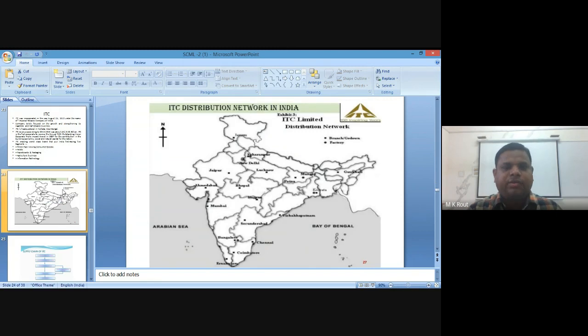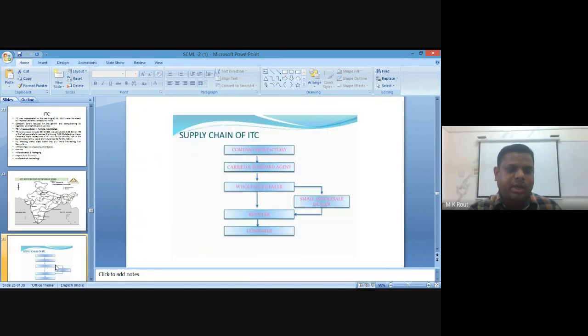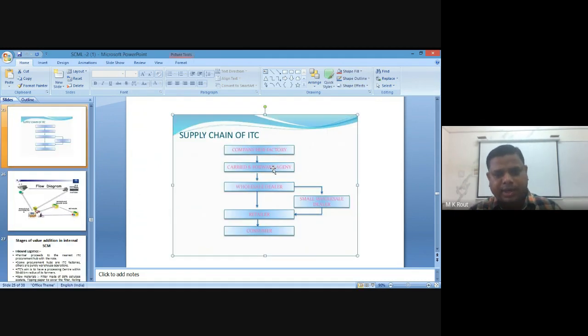So these are the different ITC distribution networks in India. As you see, they totally cover every state, as far as the east part, or the west part, or north or south part also. Clear. So if you think about the ITC supply chain, basically what happened in case of ITC, they made their